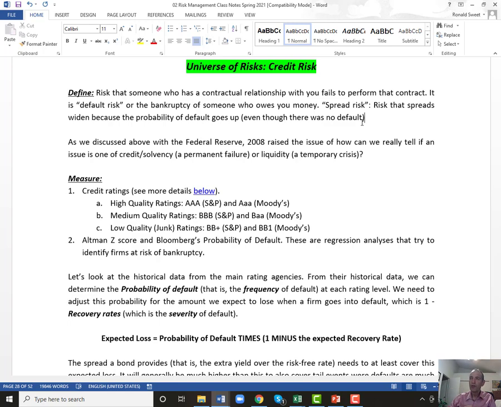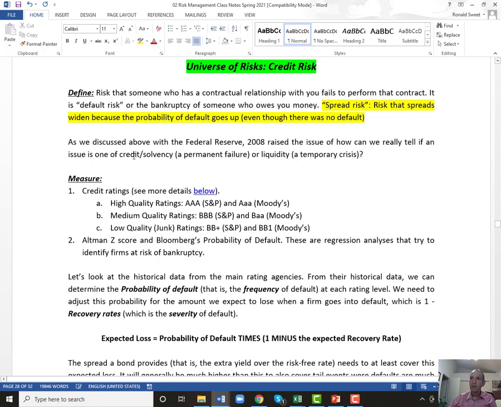Obviously, you would have wanted to have bought those bonds when they dropped 50%. If you knew they were going to make every single payment, then yeah, man, buy a bond at 50 cents on the dollar, and then eventually get all your money back. So you've got a 100% return baked in plus all your coupons. That's a really good return. So that's spread risk.